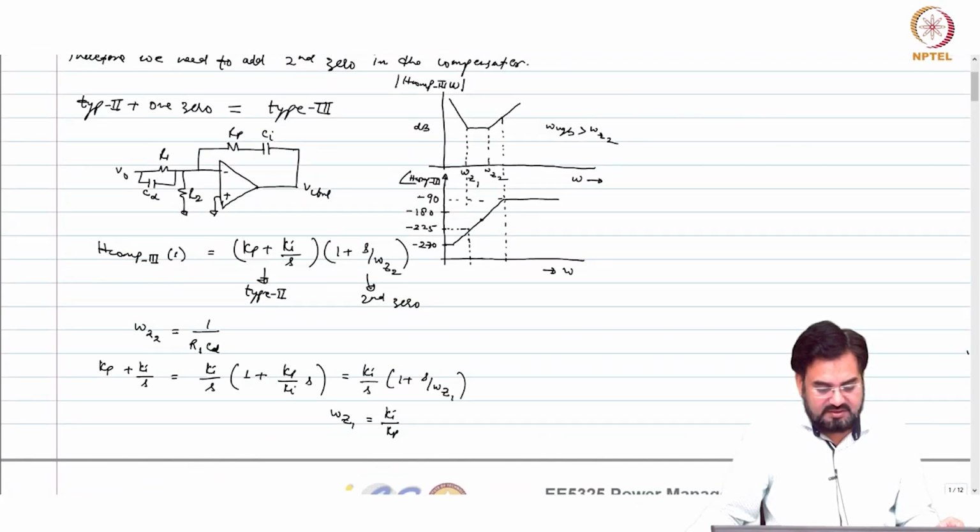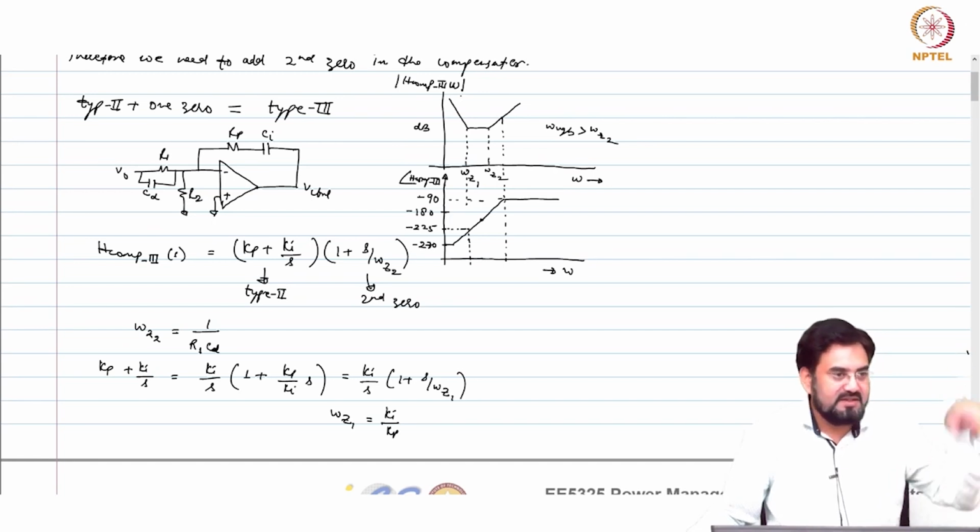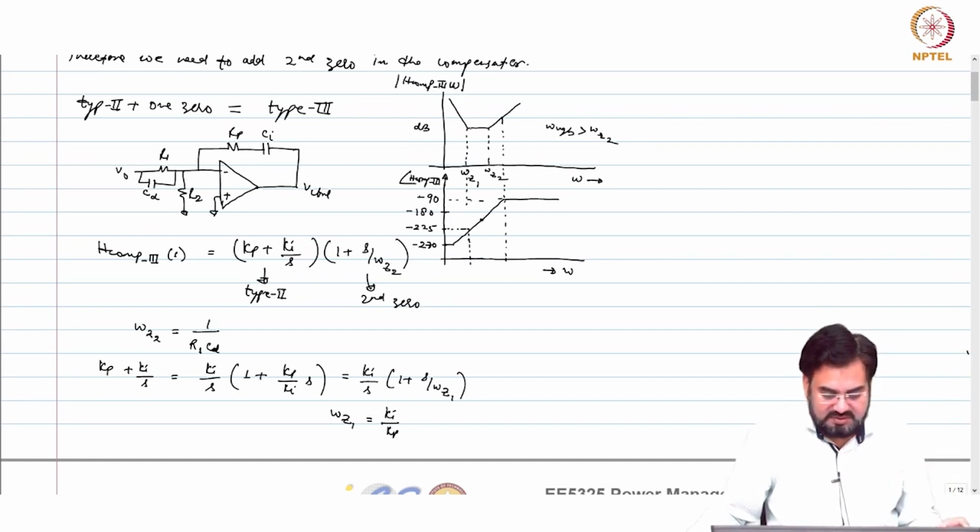This is what we had, okay. And since this is Bode approximation, you will have some non-linearity in the actual curve. So those knees will be rounded off and your phase is